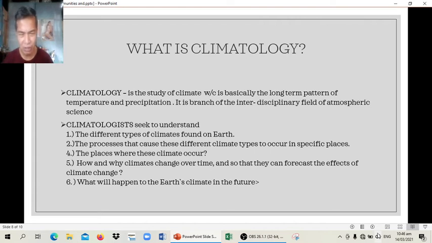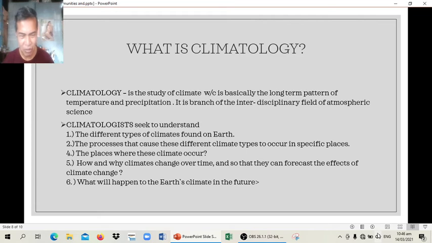So, why are they different? So, kasama na po yan. The processes that cause these different climate types to occur in specific places. The processes, yun ang pinag-aaralan nila. The places where this climate occur. Kapag ba sinabi nating Middle East, so what kind of climate do they have? Of course, it's hot. Pag sinabi nating Canada or Siberia, alam na natin na ang temperature at climate dyan ay